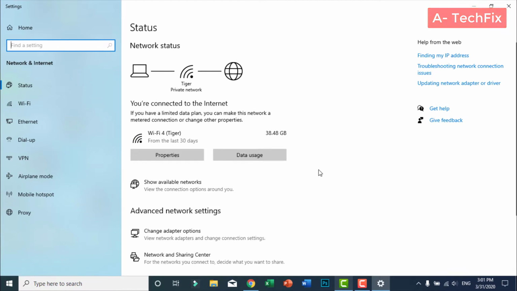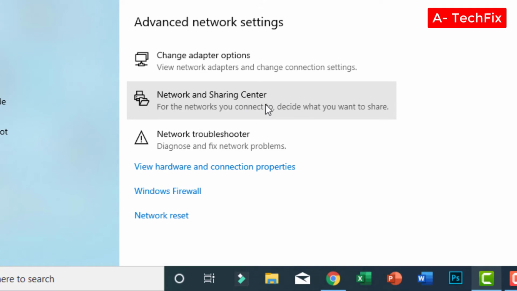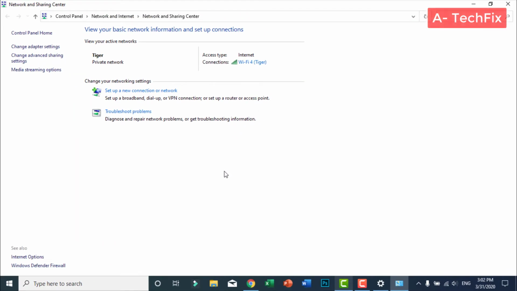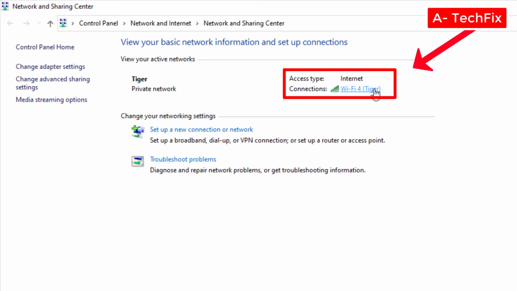Okay, here guys, scroll down to network and sharing center, click here, then go to your connections here and click on your connection Wi-Fi. For me, Wi-Fi 4 Tiger. Okay,